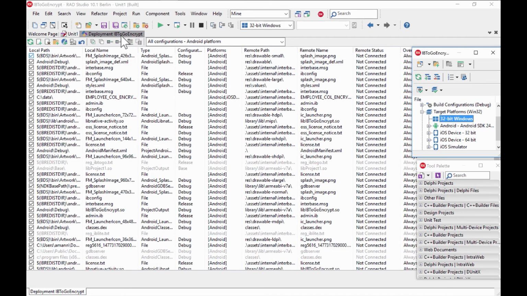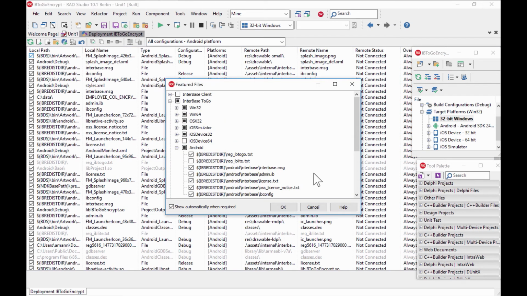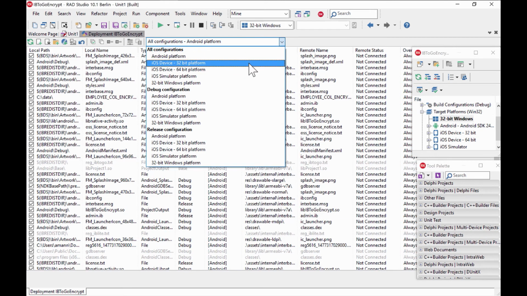We can also use the deployment manager's add featured files dialog box that shows a nested list of database drivers and libraries that can be added to the deployment list. And similar for iOS devices, either iOS 32-bit or iOS 64-bit,